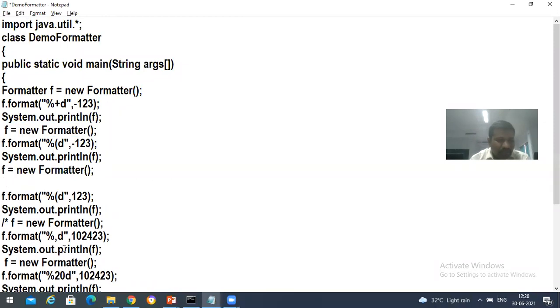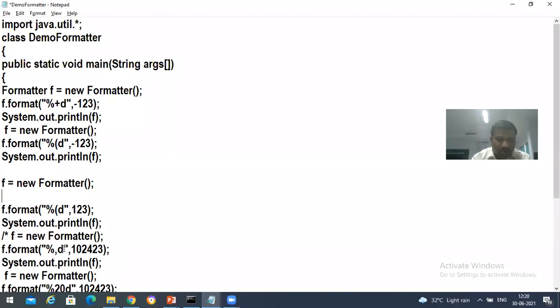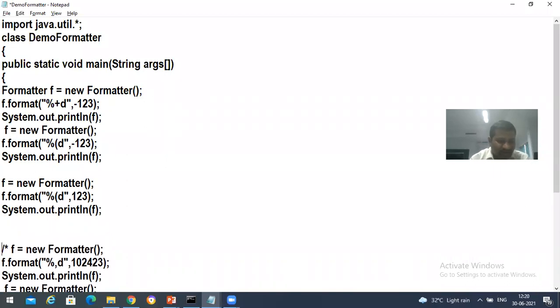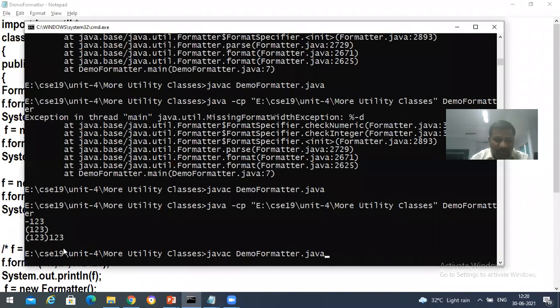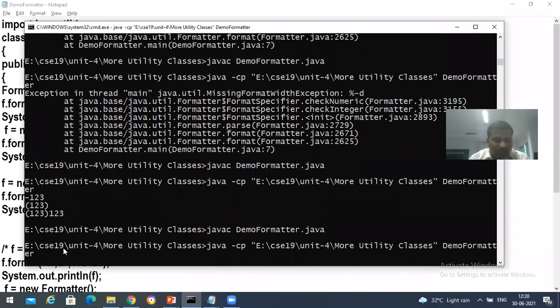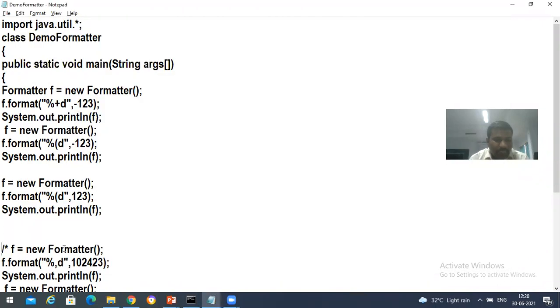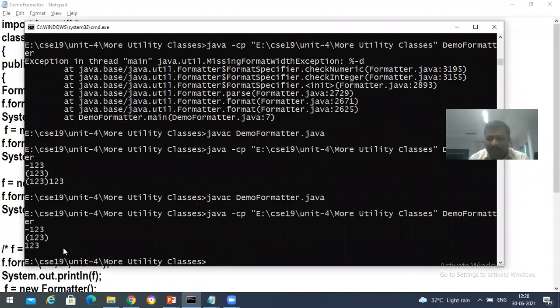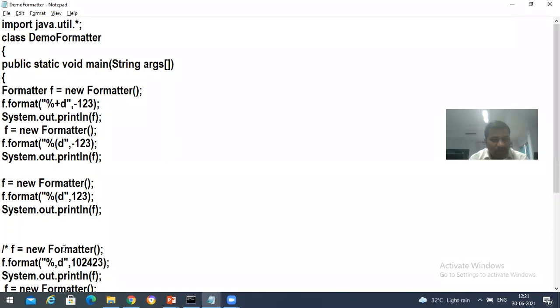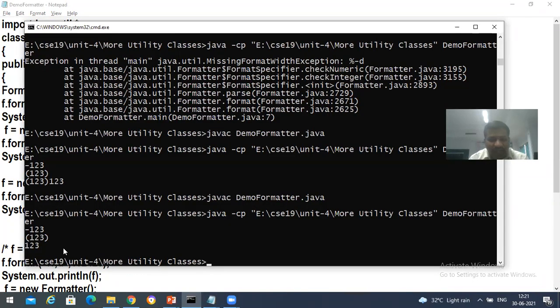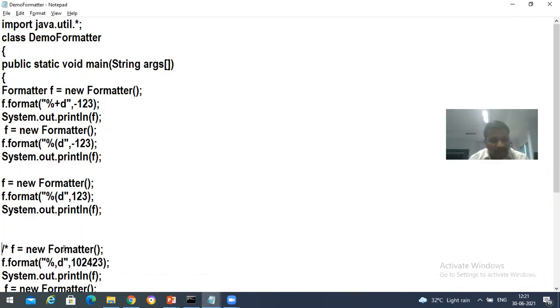See. Okay, so I created one more object. Again, you will be getting a fresh one. See, now this time you'll be getting opening parenthesis, closing parenthesis 123, and then 120. Okay. For negative numbers, you will be getting parentheses and the sign was removed. And for positive numbers, you will not be getting anything over there. Okay. Is it clear? Yes, sir. Fine.